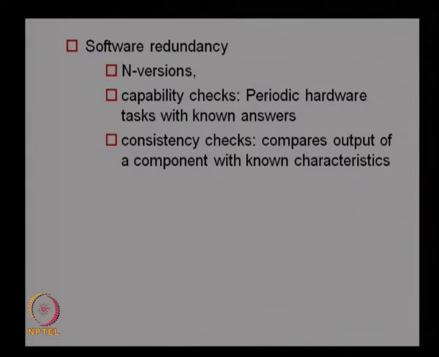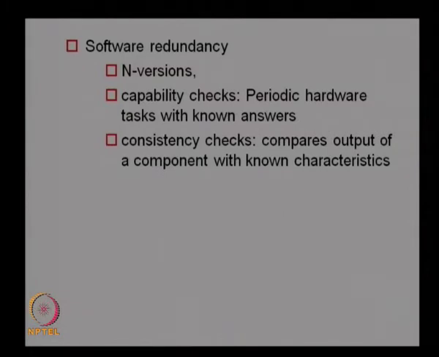So, you can have two operating systems in your computer. If one operating system fails, you can go for the other one. Similarly, you can have software also. If you use Explorer for browsing, and Explorer is giving an error, you can switch to some other browser and then continue with your browsing activities. That is one of the ways of having different kinds of software, or different versions of the same software, to have software redundancy.